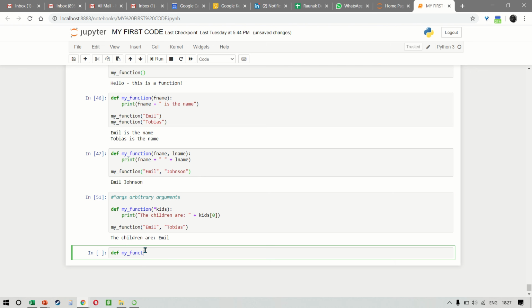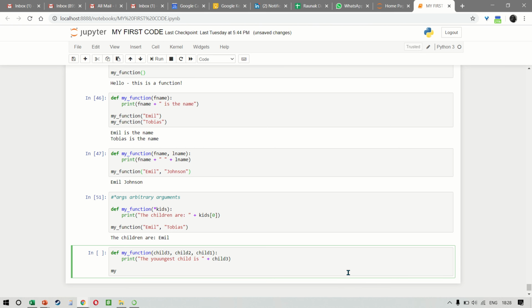So we say my_function, and this time we will say child1 and child2 and child3. Let's just reverse the order, and we want to print. So we say the youngest child is plus child3.